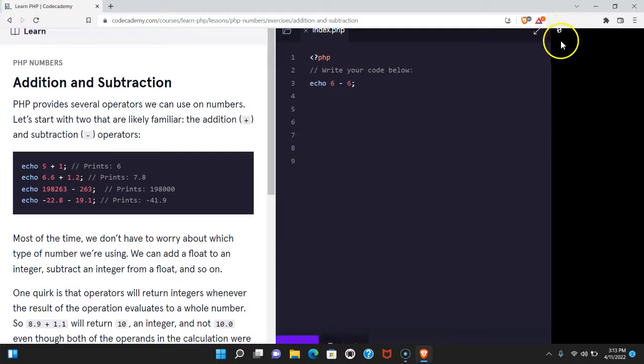We do see 0. So as long as you're understanding that, you guys are getting numbers, addition and subtraction, and